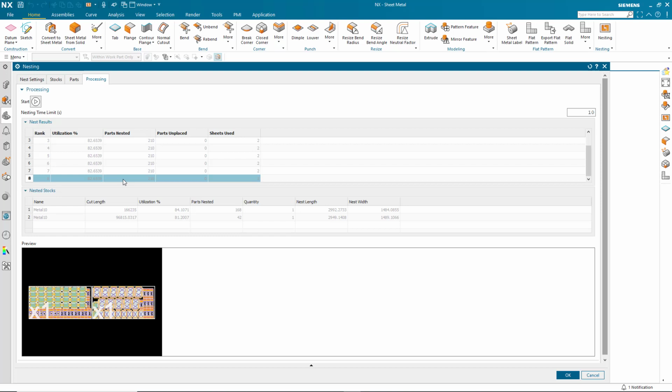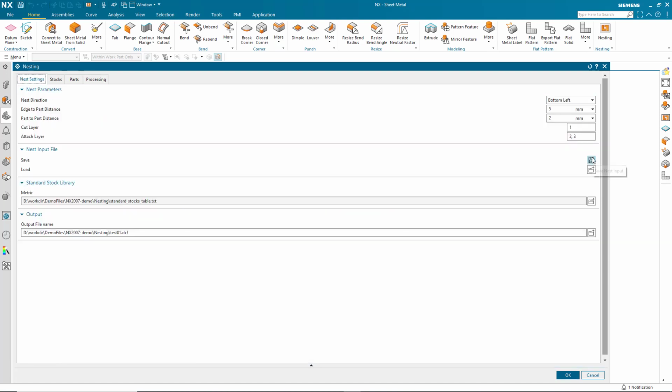Once I've got to my final point here, we can actually see the stock usage, and that lists the cut length, the utilization, how many parts are on the sheet, how many sheets are actually used, and the length and width of each nesting job. Maybe there's a remnant on one of these stocks and it will tell you how much is left there. So if I'm happy with that, I can go back to my nest settings and, if I want to repeat this, for example,